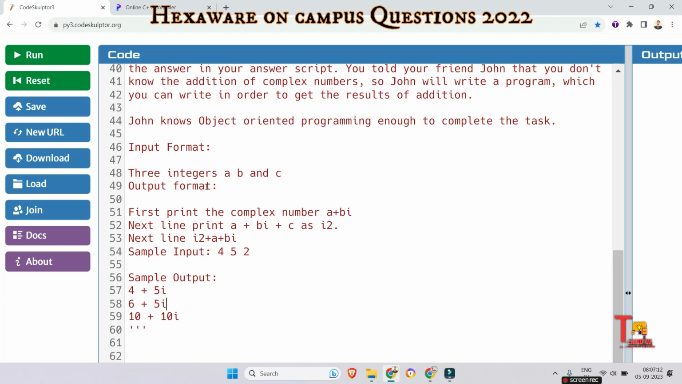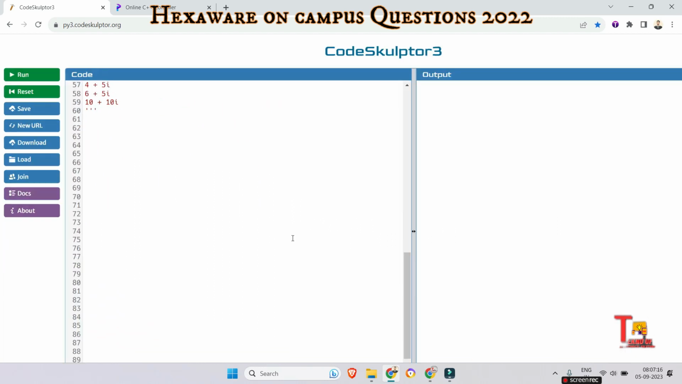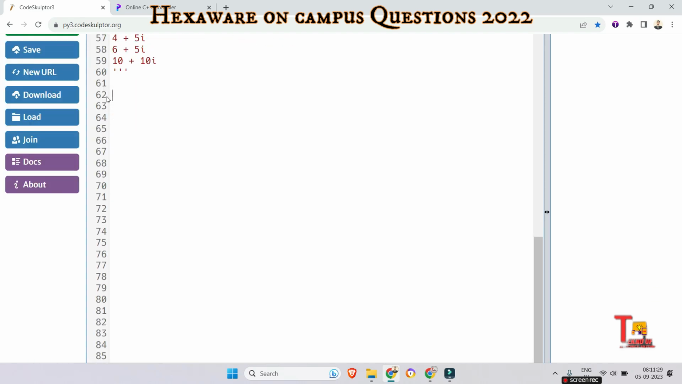Okay, I have to actually implement object oriented programming in this code. So let's start with the solution, right? At first, define a class named Complex to represent complex numbers. Class Complex, and now write a constructor method to initialize the complex numbers. So def __init__